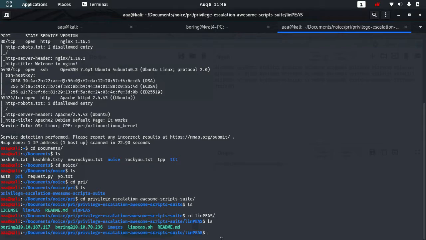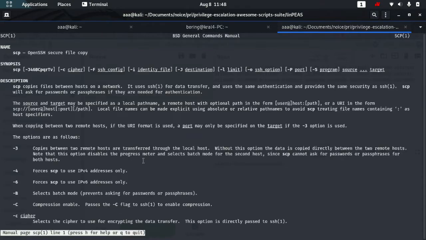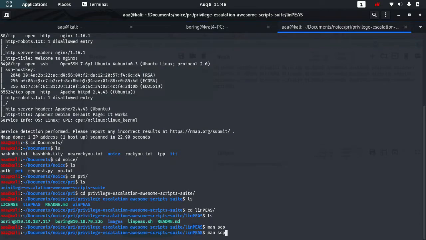So I need to send this file from this place over here. I'm going to use scp with capital -P. When you do man scp, you can see that capital P is used for the port.